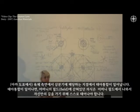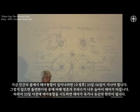And that's the point that if something happens at that point, the consciousness is stuck in the mother's field and will have to birth itself out in order to get back on its own track. But before that, it doesn't happen. Right now, 33 to 56 days must go by before fetal integration can take place, because the frequency of